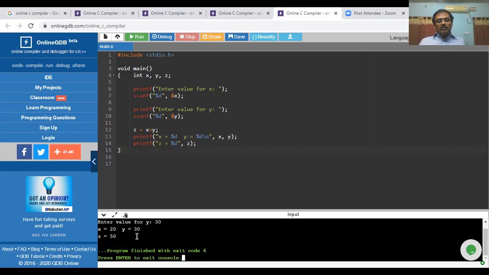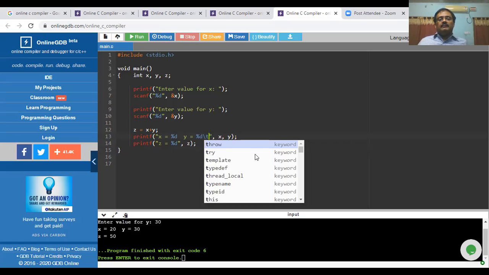Of course, I am going to make one more change to this program. Instead of \n, I use \t.